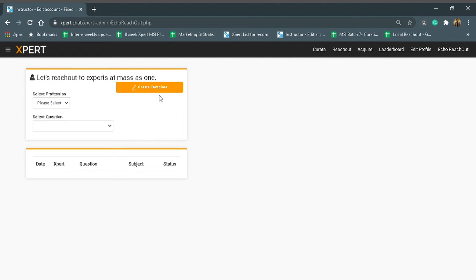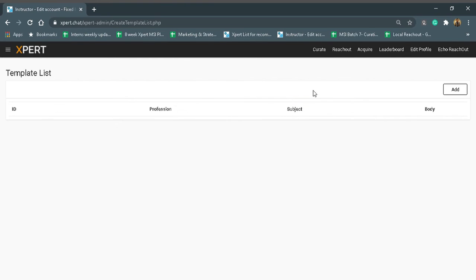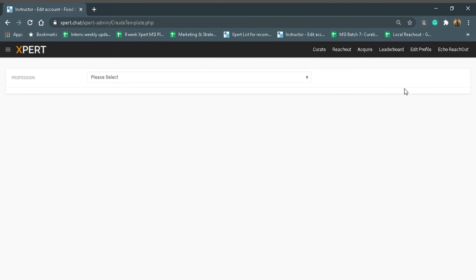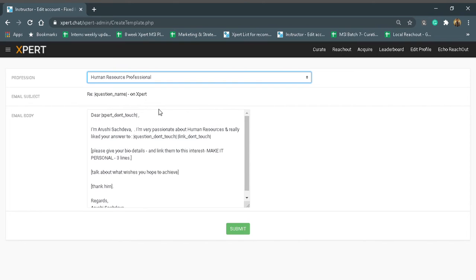So first I have to create a template for the email. So I'm going to click on create template. The list of templates already created would show here. Right now there are none, so I'm going to add a template. First I have to choose a profession for which I am going to create a template, right? So for example, I'm going to choose human resource professional here. So, email subject,